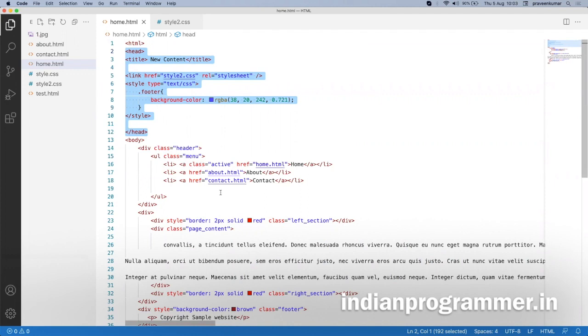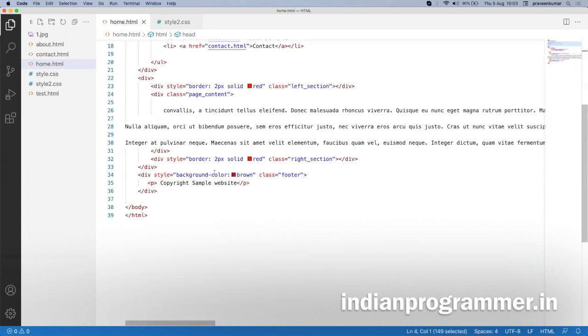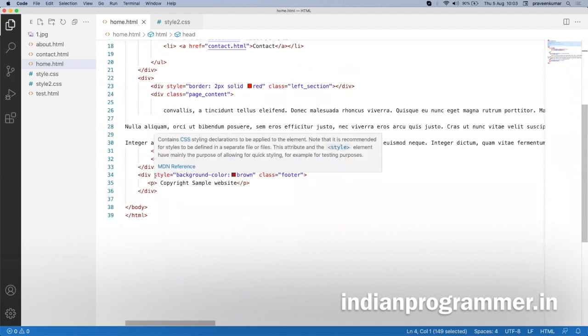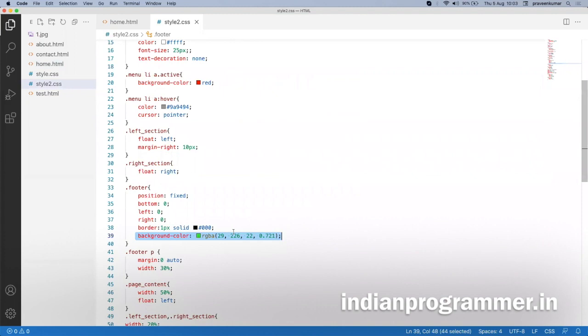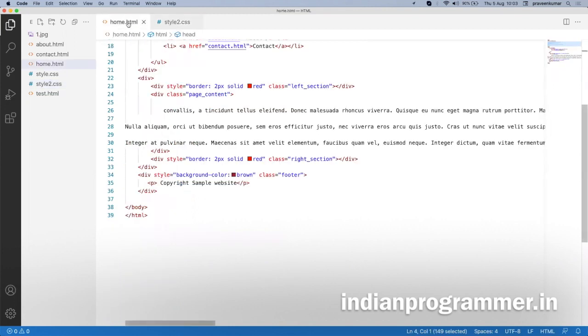So in case along with this internal and external style sheet, if you are providing any other inline style also, it has to identify the particular element and it needs to override the property. Apart from this, even if it does not override the property, it has to load the CSS property into memory. So due to that, it is not a preferable way to add an inline style in the page. But in some scenarios, in some places, if you want to add it, then it is okay. It is somehow good, but it is not a